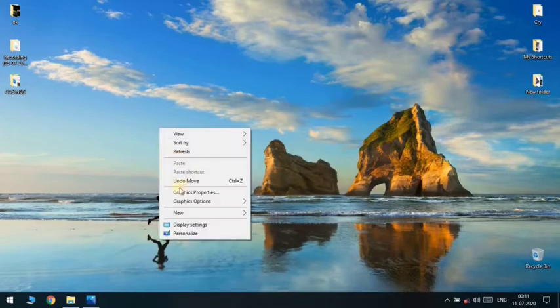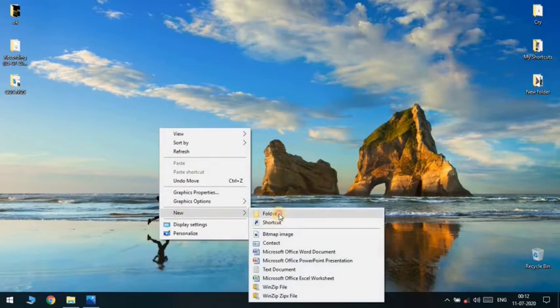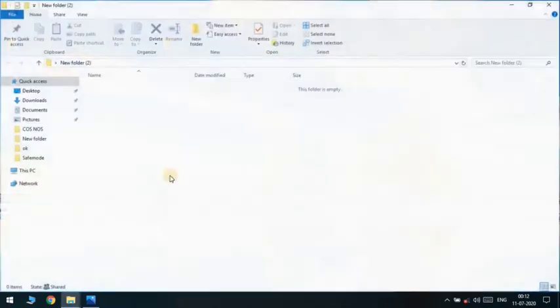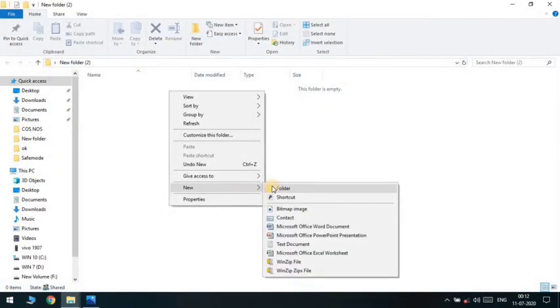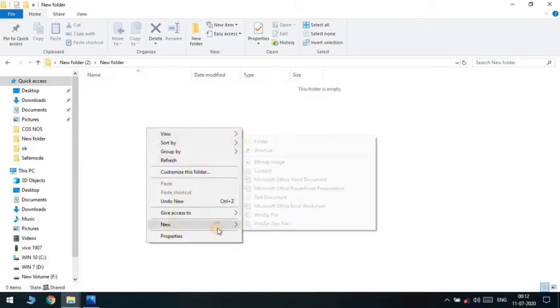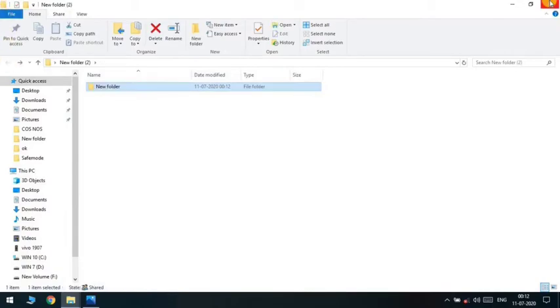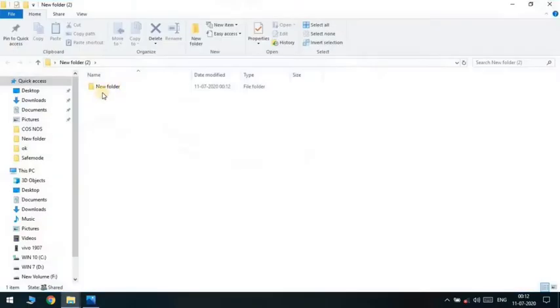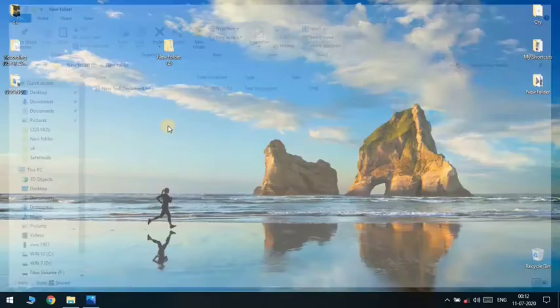Create a folder. For example, you have a folder on your system and a file in your system. I am creating a subfolder. Why? Because maybe you have a doubt whether the sharing option will apply to the subfolder or not. That is why I have created a subfolder and data.